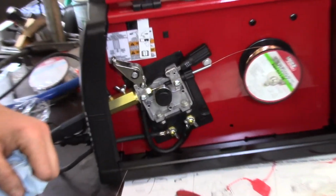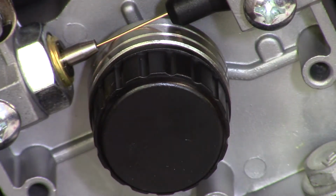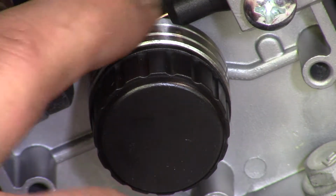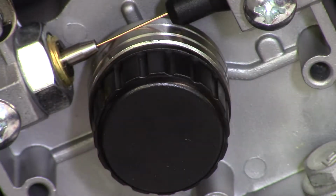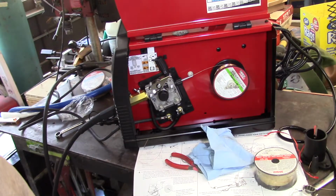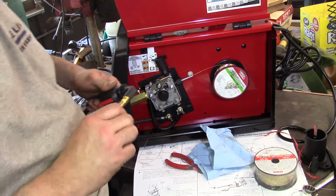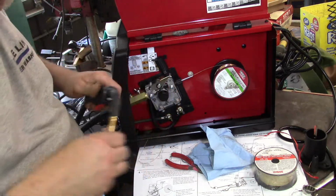Let's see. The wire here needs to be in this groove. Oh, and the machine is turned off, by the way. I learned a long time ago the hard way that you don't want to fiddle in here with the machine running. I may or may not have zapped myself on more than one occasion. So let's back out. Okay, we're all the way out. I'm going to turn the machine on. Actually, what I'm going to do is...